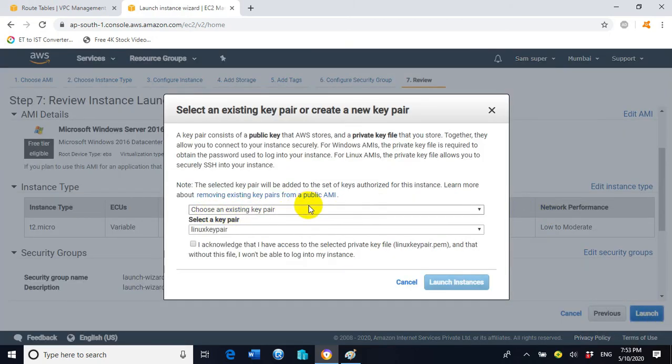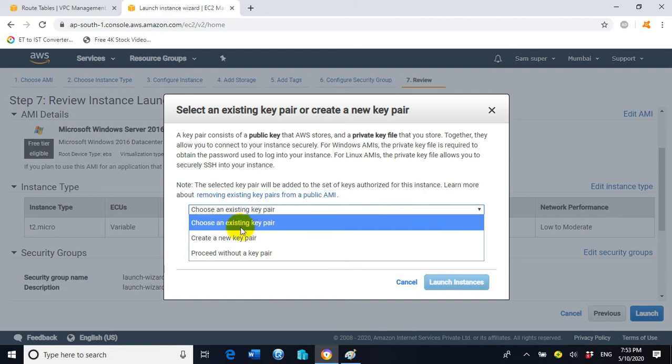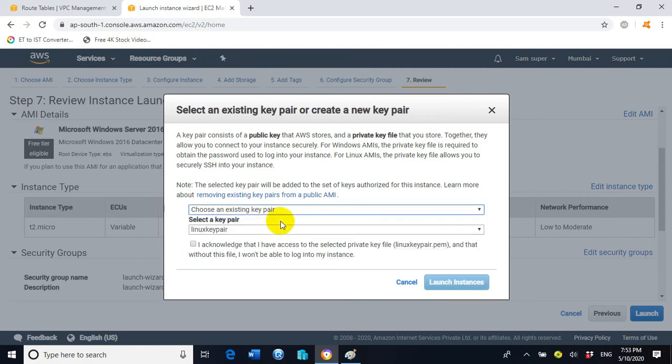So here we need to create a key pair. With the help of the key pair, we will access the EC2 instance remotely through the internet. So here you can create a new key pair, or you can choose an existing key pair if you have already created one before. I have already created the key pair, so I will choose the first option, choose an existing key pair.